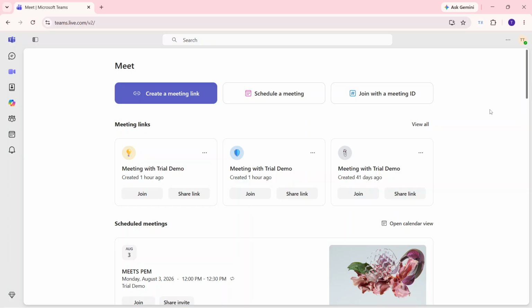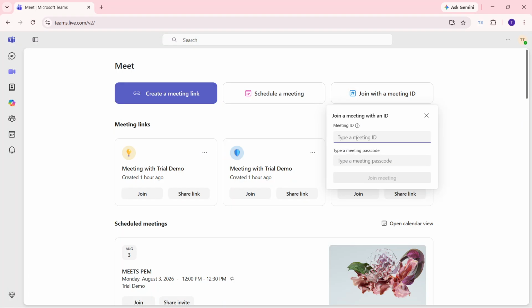Click the Join with a Meeting ID button to open the Join a Meeting with an ID dialog. Type your meeting ID into the Meeting ID field, then enter the passcode in the Type a Meeting Passcode field below it. For this example, I'm using 933-18314-42791 and RF9QK9. Click the Join Meeting button, and the Microsoft Teams Meeting Pre-Join Setup screen appears, showing your camera